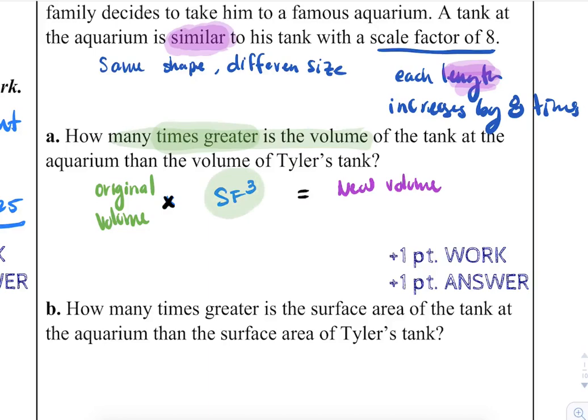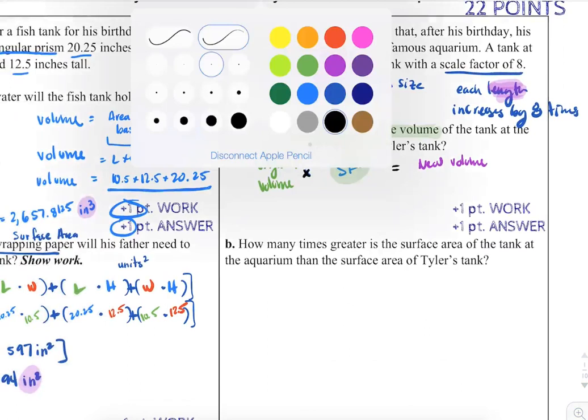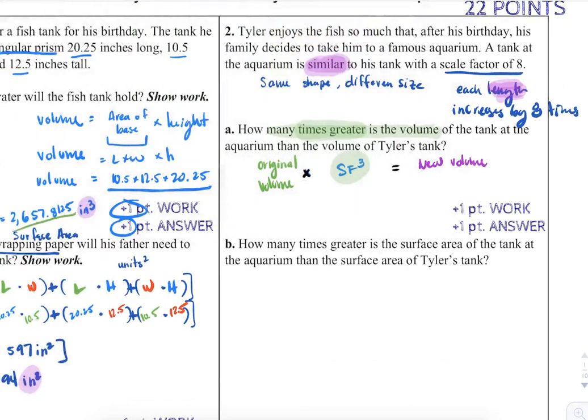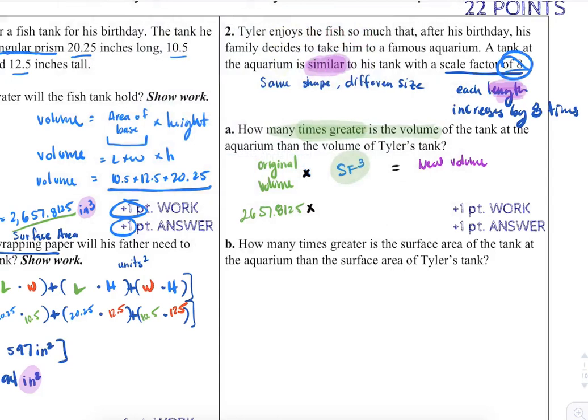How many times greater is it? It is scale factor cubed times larger. So it doesn't ask for the new volume, but you can use that value here. Our old volume was 2,657.8125, and I multiply that by a scale factor, which is given to us, of 8